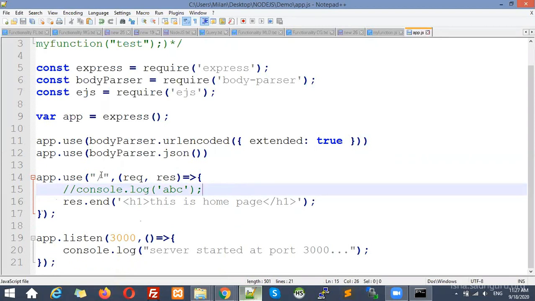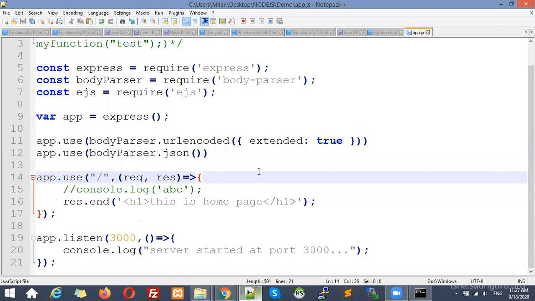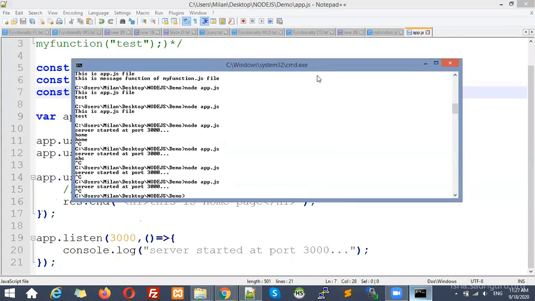So this is our home directory. Now let me create our controller, where we will insert the database. Also we require a database connection. So for the database we require MongoDB, but MongoDB is not directly available, so again we need to install it. So let me install that package also.